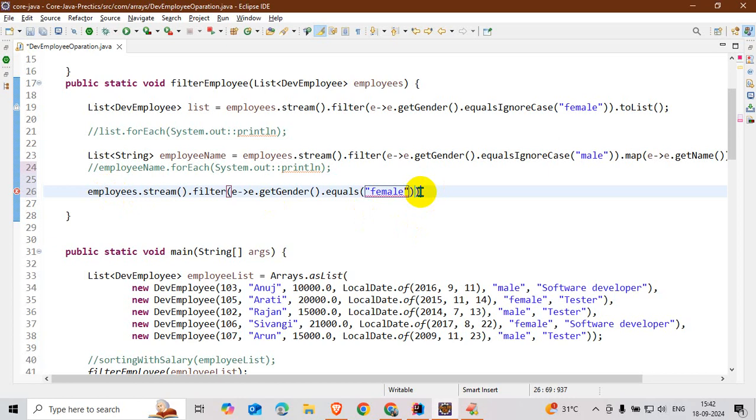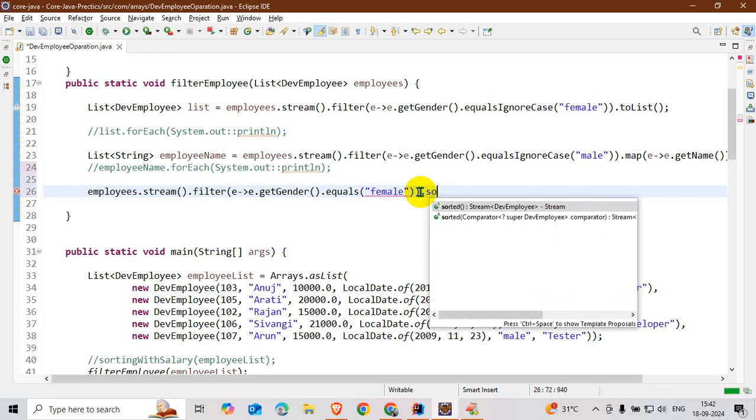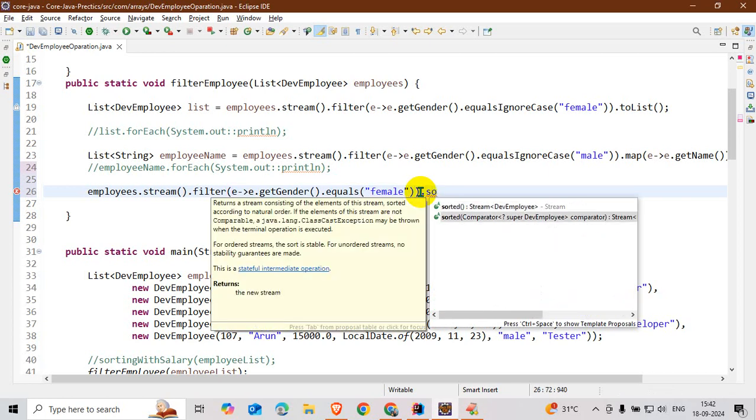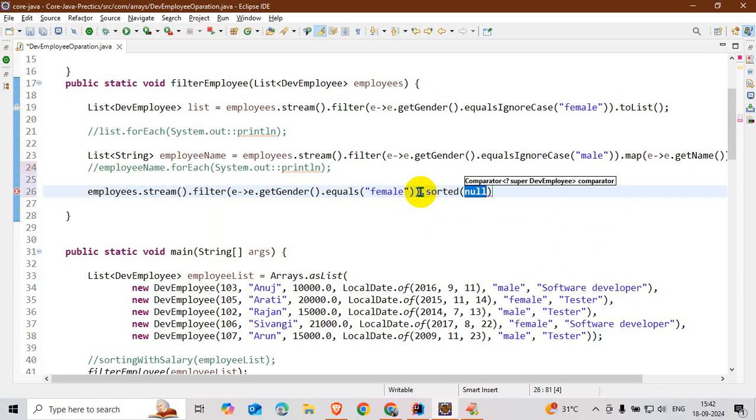After that I want to sort this female data with respect to salary. I call the sorted method, and in the Comparator interface there is only one abstract method. I write the sorting logic.